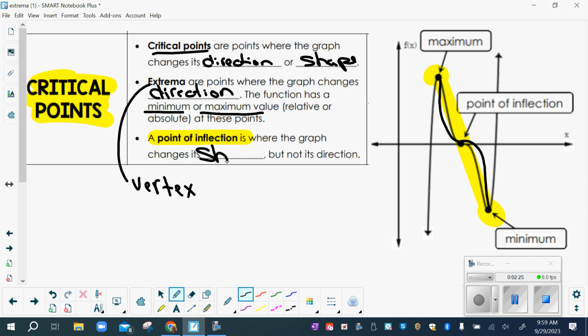It's changing its shape. And you remember last year when we did that bouncing and wiggling, I'd say, hey, that's a wiggling spot, and it goes like that. Those are inflection points. That means, hey, your graph is taking a little breather, or it's changing direction, or it's changing its shape. It's still going down, right? But your little roller coaster is kind of stopped for a second, and then it keeps on going.